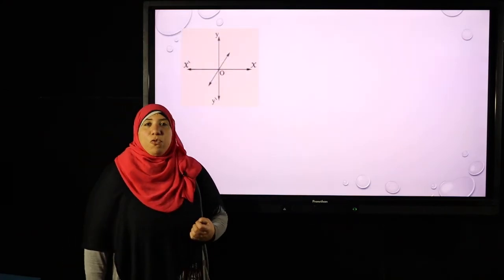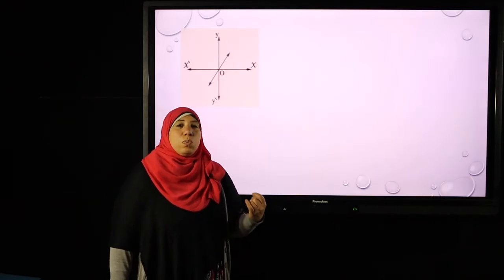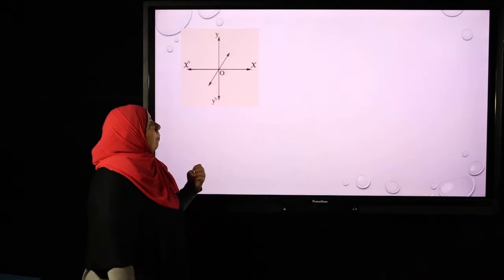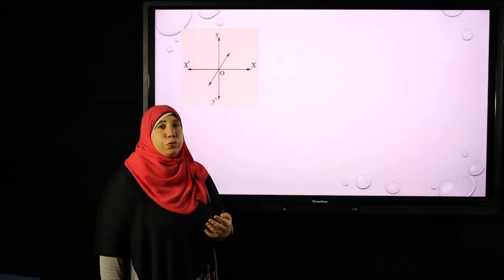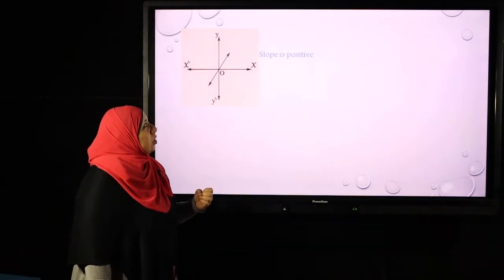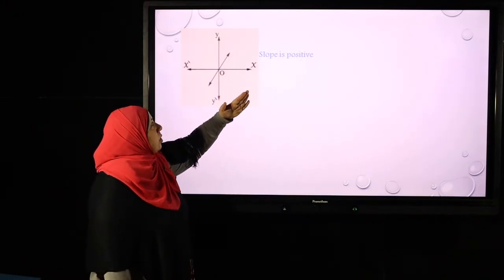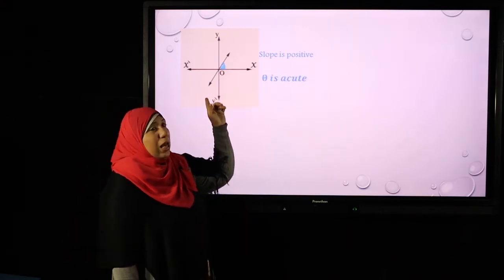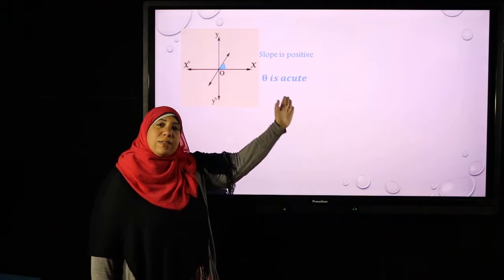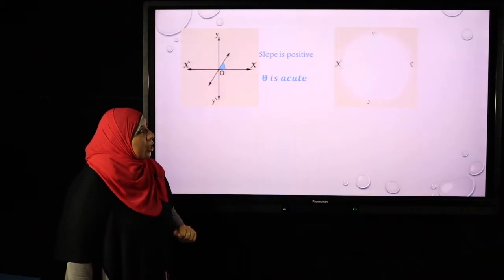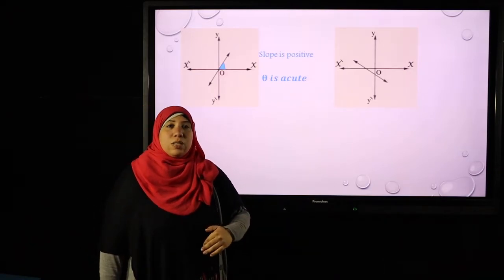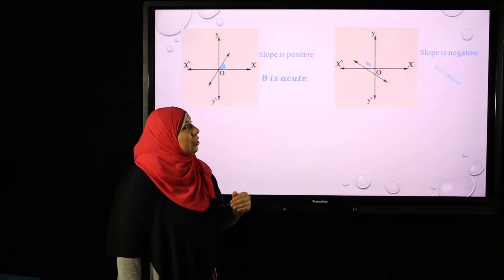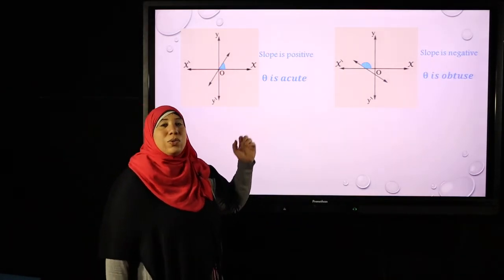Now, as we said before, the slope can be positive, negative, 0, or undefined. These 4 slopes make 4 different shapes of straight lines. If the straight line looks like this, or the slope is in this direction, the slope here is positive, and theta made with the positive direction of the x-axis will be acute. And if the straight line is in the other direction, this form, we will find that the slope will be negative, and theta, which is this angle with the positive direction, not